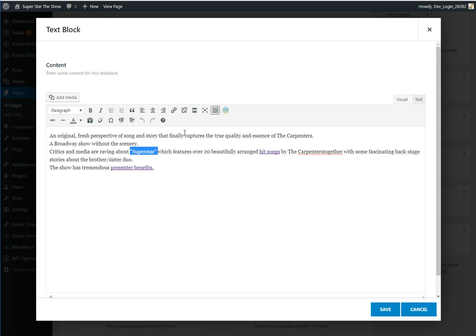So if you wanted to link this word superstar to... that was a typo. If you want to link this word superstar to anything inside of the website, you'd click this little link button. And then in here, you can either directly type the URL, which would be something like that. Besides that, if you just want to search for a page that's already in your site,